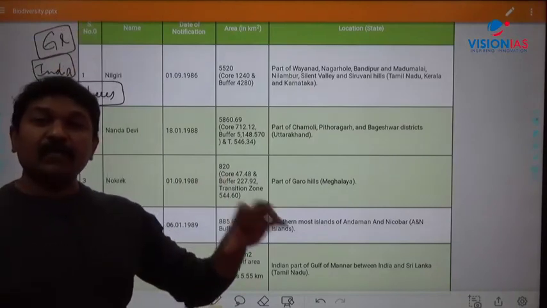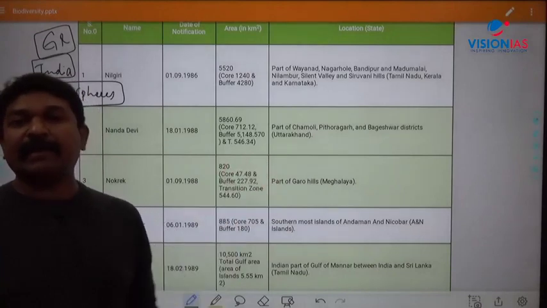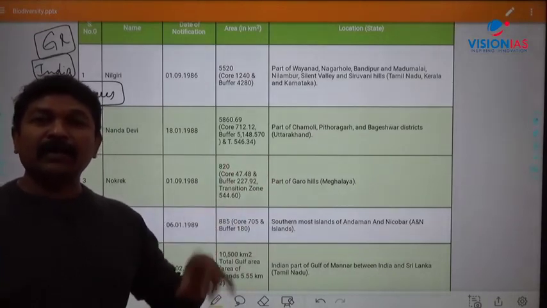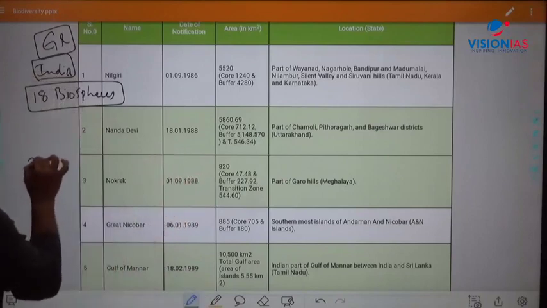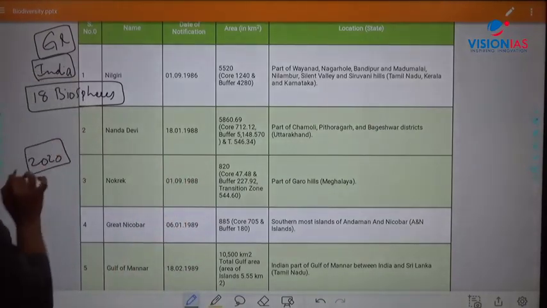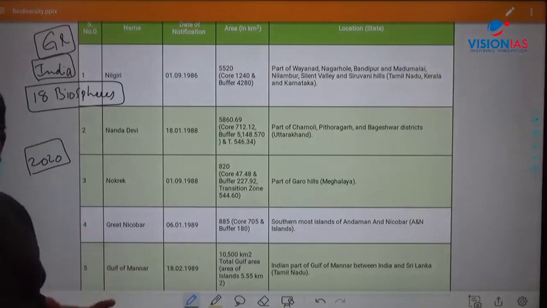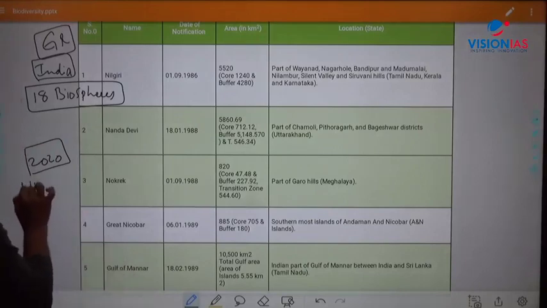According to the government there are 18 such biosphere reserves. Till 2020, pay attention, very important, UNESCO had identified